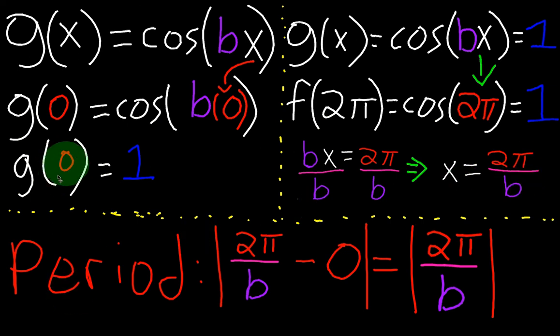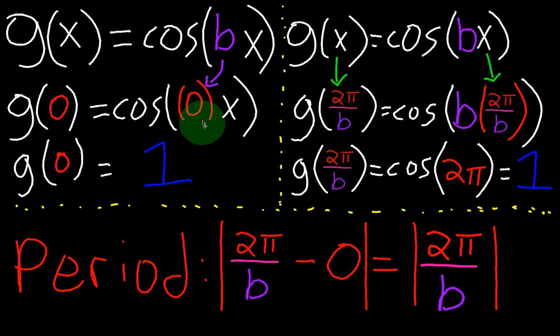And my original x value was 0. My new x value is 2 pi over b, and that guarantees the same y values of 1, and that guarantees that the graph will repeat itself, because cosine repeats itself at 2 pi. Therefore, my period is the difference between these two x values, 2 pi over b minus 0. The distance between them would be the absolute value of 2 pi over b. Now again, if I plug in 0 for x, I get cosine of 0, which is 1. If I were to plug in 2 pi over b for x,